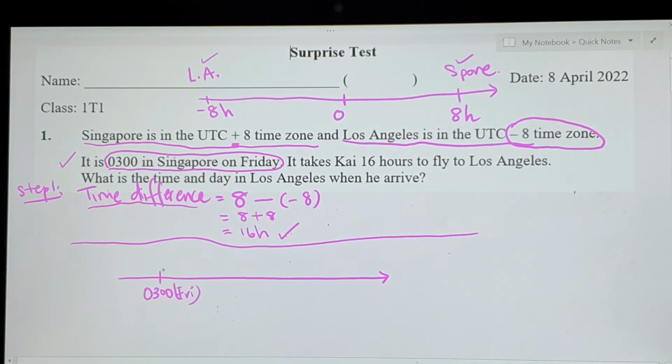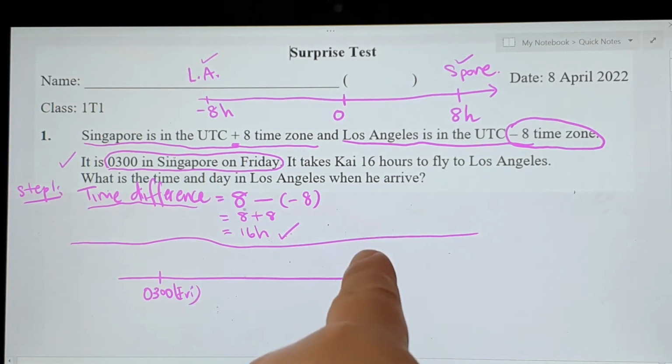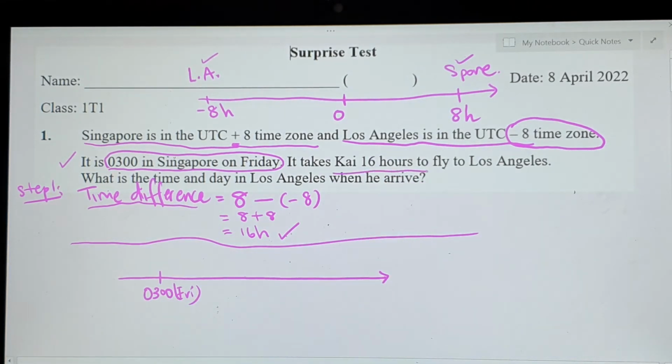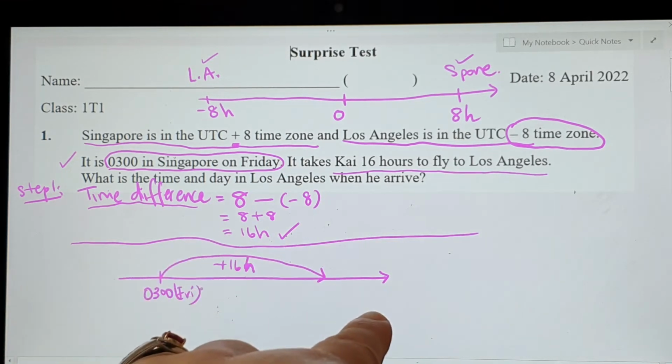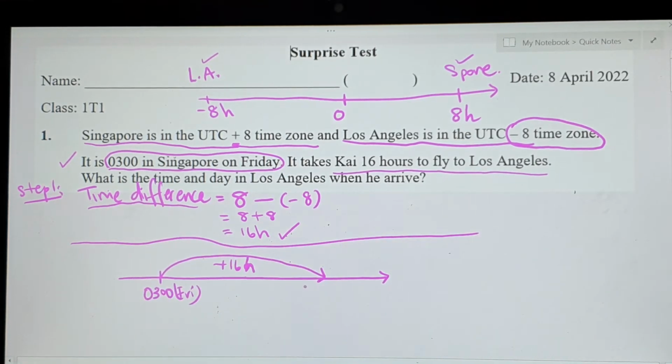Alright, now it takes Kai 16 hours to fly from Singapore to Los Angeles. So fly, I plus 16, right? Three o'clock, you go and plus 16, that will be 1900 hours. Okay, so this is still on Friday, 1900 hours. Alright, but this is the Singapore time,